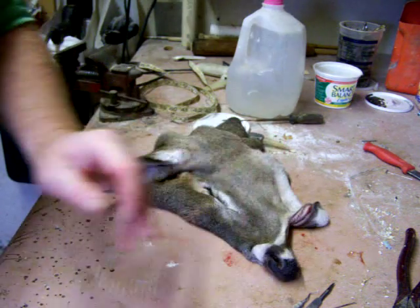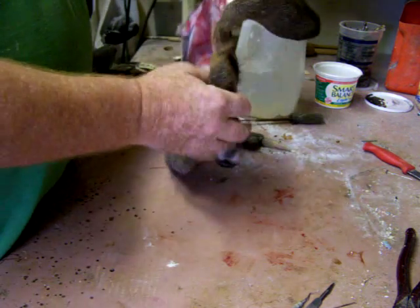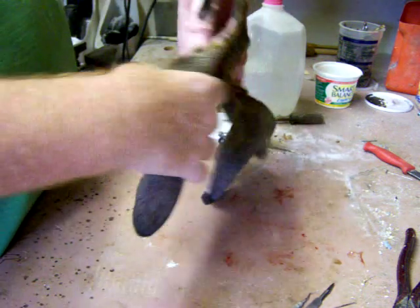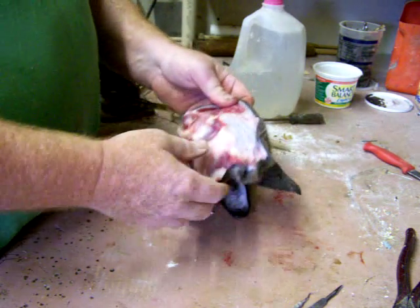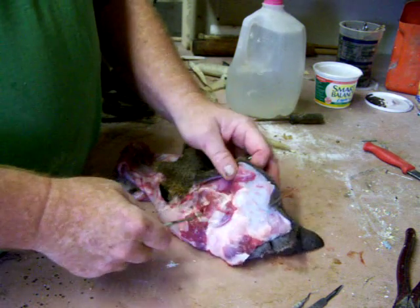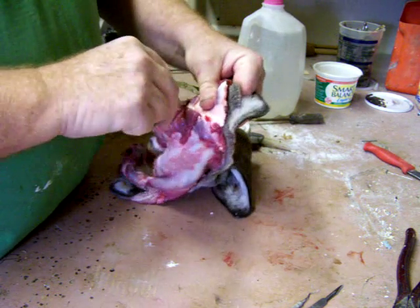I'm going to show you a real quick trick, once you've got the cape off. This part you don't really have to do, but if you have the time and you're sitting around camp and you have nothing to do, it's called turning the ears and the lips. You can see we cut that earbud out right there, so you just want to kind of separate that from the skin by just going